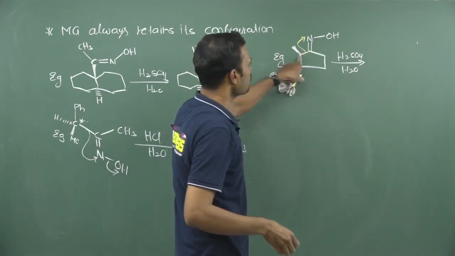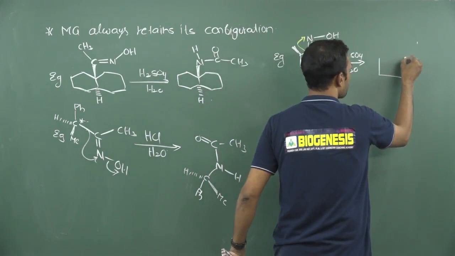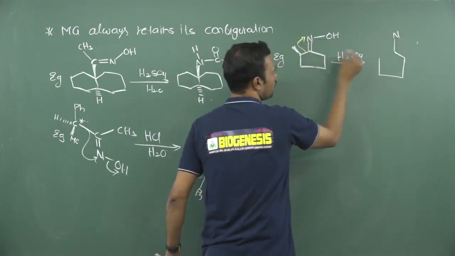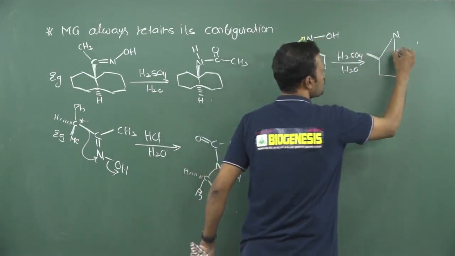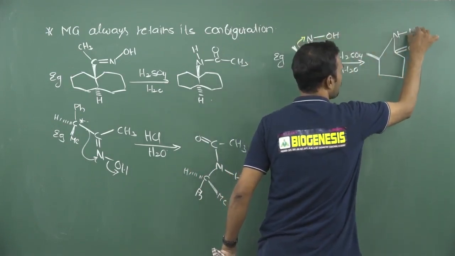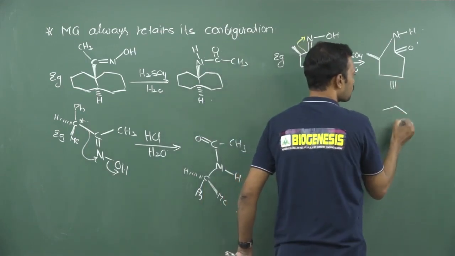Why? Because this carbon and this will be exactly opposite. So here, for your understanding purpose, I will write like this. Here nitrogen atom is present. This will connect from here to here. Now this orientation remains the same. It is above. Now this particular carbon carries C double bond O, and here it will carry hydrogen. How many member ring? This 5 member ring is converted to a 6 member ring.